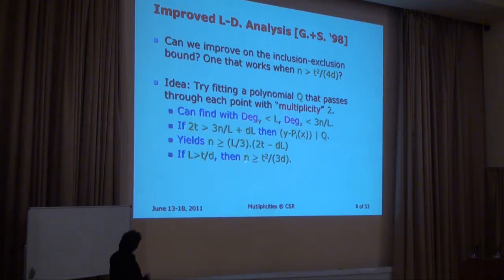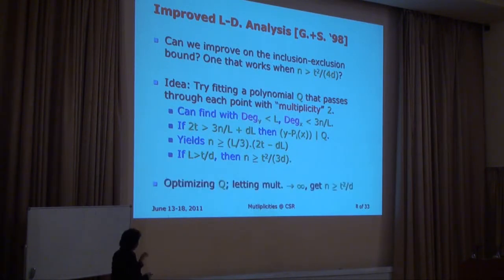You go around, do the calculations, and eventually you find that you can get a bound on the list size even when n was somewhat smaller. Over here you needed n to be somewhat larger. Over here you could not get a bound when n was greater than t squared over 4d, but now you can go up to t squared over 3d. A little bit better. And you work harder and harder, increasing the number of multiplicities. It goes all the way to t squared over 2d, and if you fiddle with the parameters a bit more and look at polynomials of slightly different structure, you go down all the way to t squared over d, which was somehow a holy grail at the time.